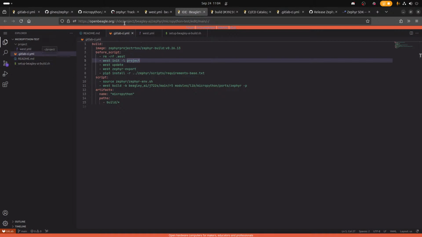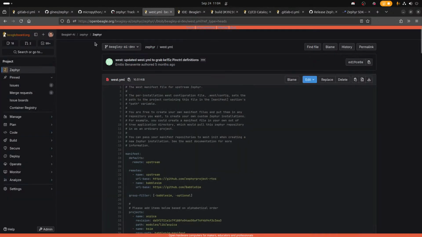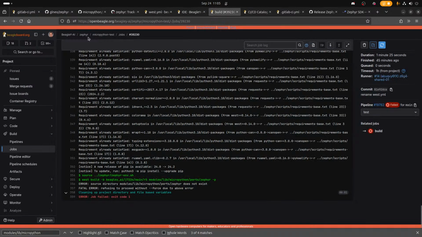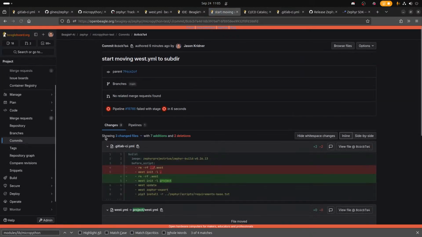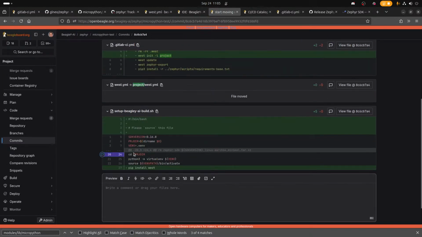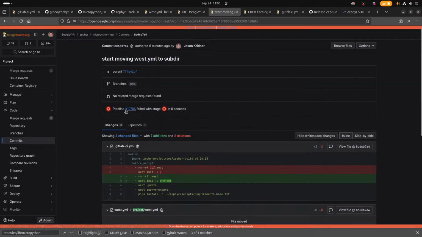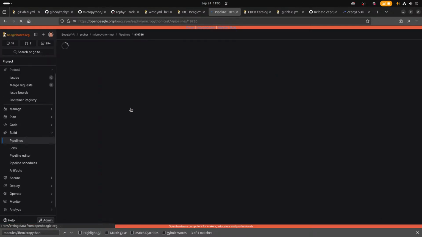Did you see anything wrong with it? No, it does seem to be. So the install path for the pip requirements.txt seems to be wrong. The requirements.txt file.